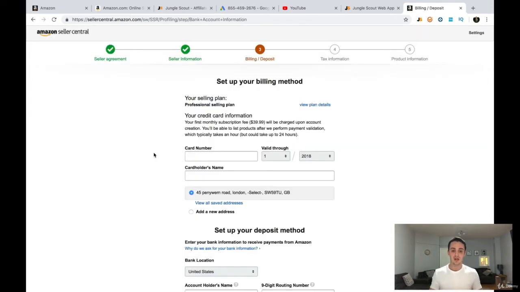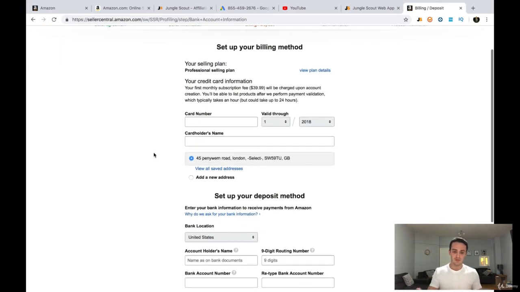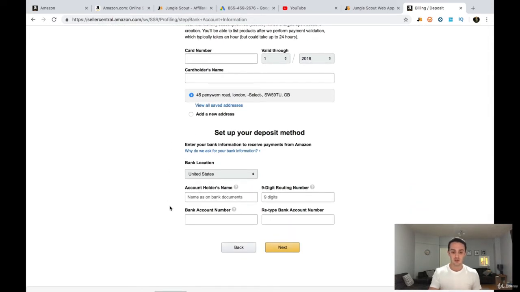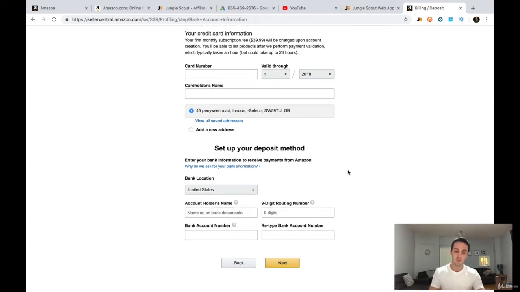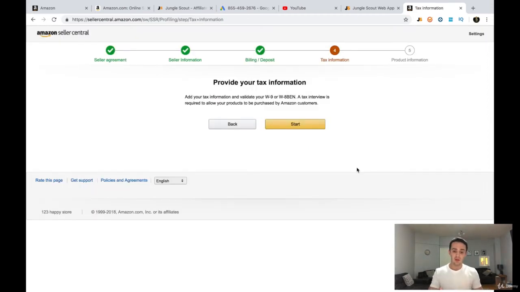Okay, so now you're gonna have to set up your billing payments. It's pretty self-explanatory. You're gonna have to enter your card details, your name, your bank location, what your bank's name is, that sort of stuff, your bank account and sort code, all that sort of information. It's very self-explanatory, but you won't be able to move on to the next step until you've done all of this. Once you've filled that part in, you'll be taken to the next step, which is to provide your tax